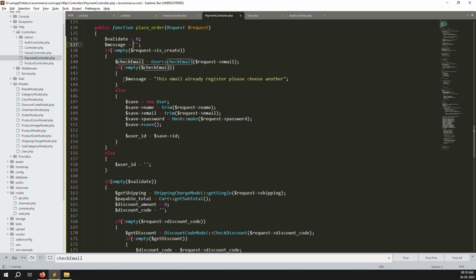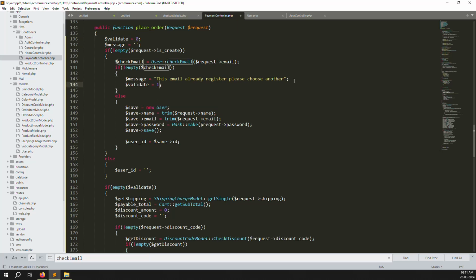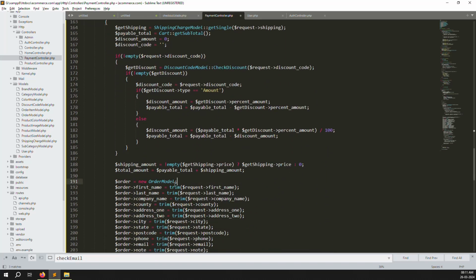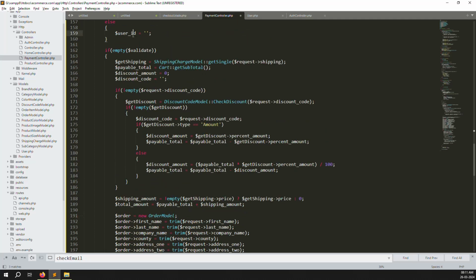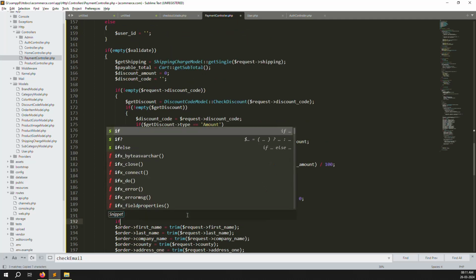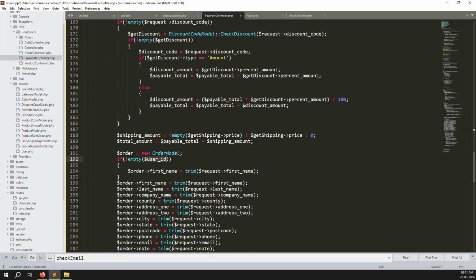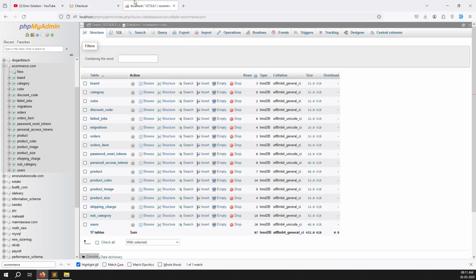Okay, now once we go here, we need to change this variable value to 1, which means the error is generated. Okay, so validate is equal to 0, and here you can find the user ID. Now we need to go to models, and we need to make a condition here. If the user ID is not empty, it's going inside, and we can put inside the orders models tables,